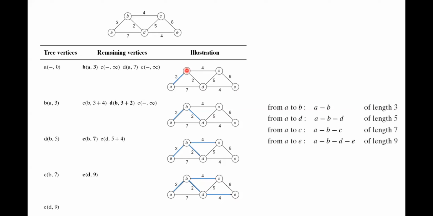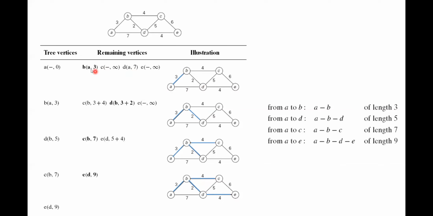So please concentrate. If we consider A as the source node, what are the remaining vertices now? B, C, D, E. As per the observation, we do not have direct connectivity from A to C, so it is infinity and hyphen. There is no direct connectivity from A to E either, because at the start we must consider which vertices are directly reachable from A. That is A to B with cost 3 and A to D with cost 7.